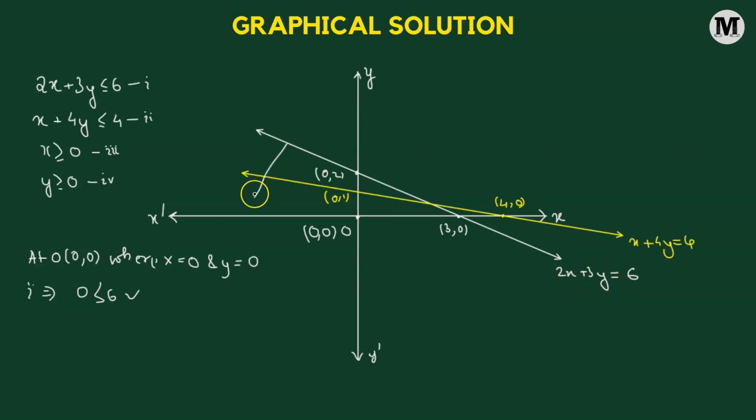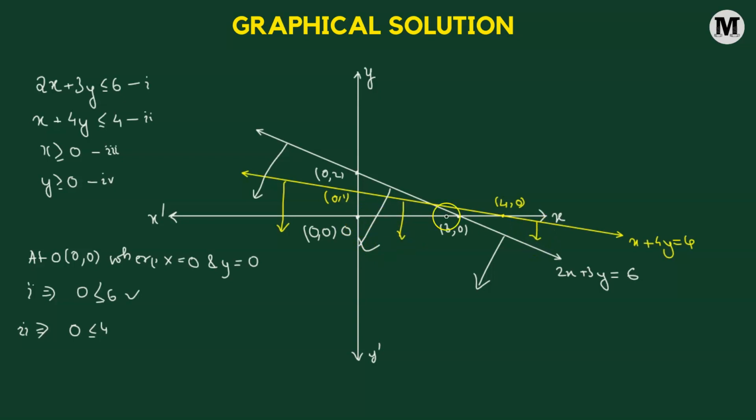That means solution is going to lie below the line 2x plus 3y equals to 6. Next, coming to inequality number 2, and we use the same point, the same origin point. So here we have x less than or equals to 4. Is this true? Yes, that's true. So that means region which is below the yellow line and contains the point of origin,